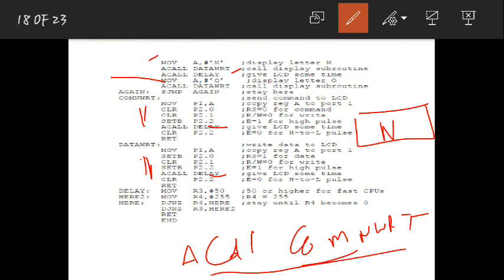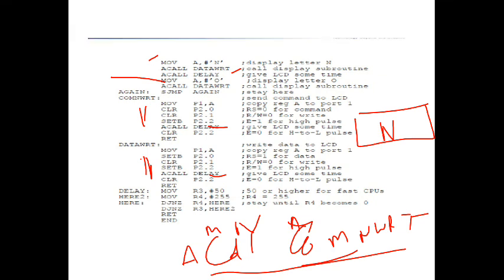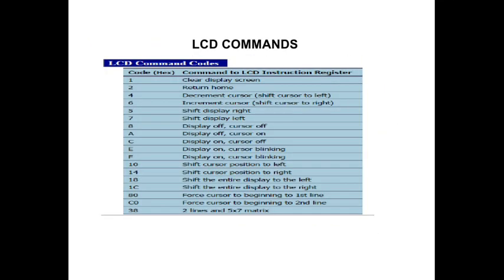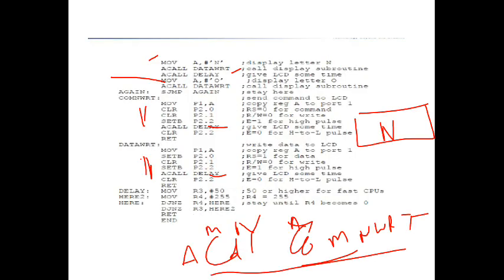Before calling this command, you should write another command called move. Move A comma, which is the command you want to use to move to your right side here. You can give any value, I am just taking it from this box. Increment cursor is there, so I will just take 6, nothing but to move towards the right side. So I should give this 06 value here.